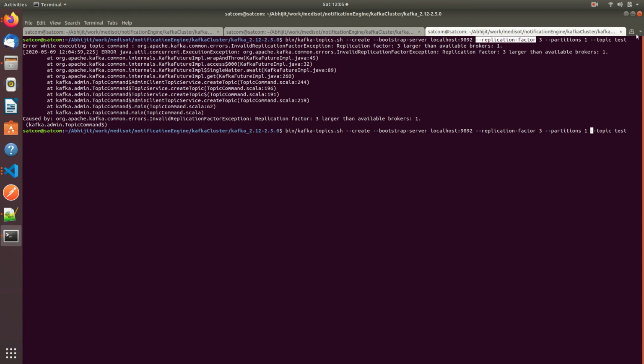Here I should give replication factor 1 and partitions 1. Later I will show you how you can give replication factor 3. Because this is the first time we are trying, it is a very basic Kafka cluster setup.